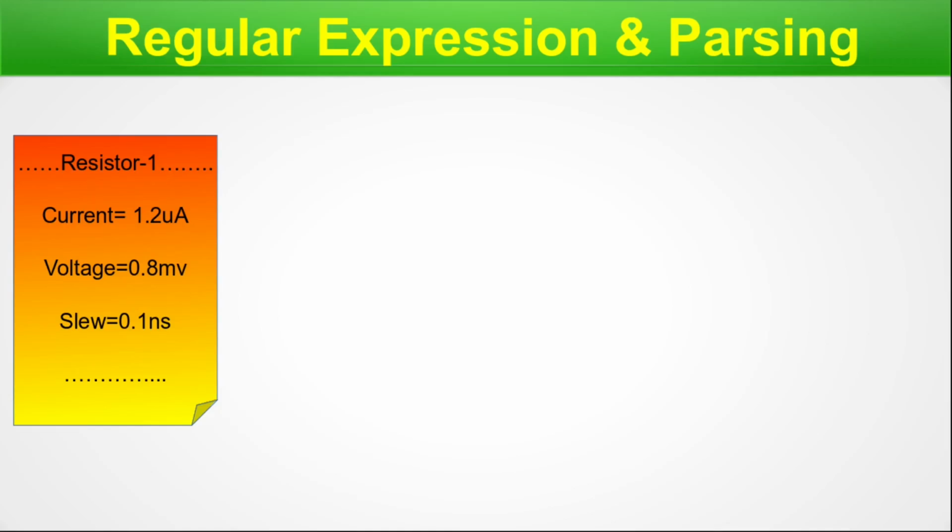But for this particular slide and sake of example, let us consider whatever output file is coming from a particular tool contains different resistors and capacitors, and we are thinking that there are three things that are related to a particular resistor: current, voltage and slew, okay. So this is for resistor 1. So there are maybe thousands of such resistors and each will contain this data,